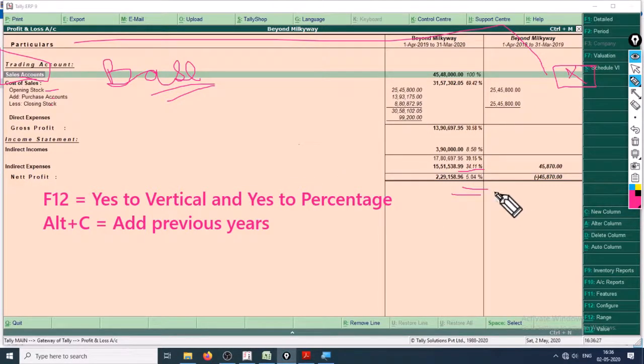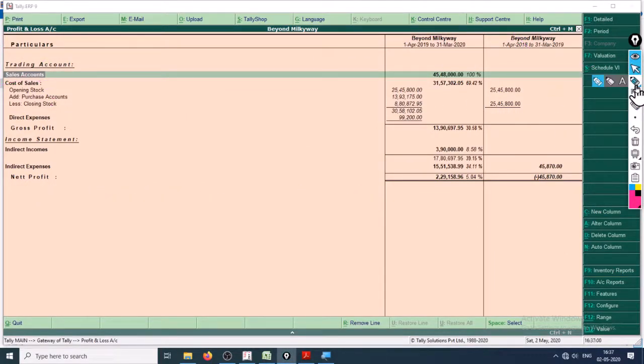And if its net profit is 5%, almost every company has decided their net profit figures. So if they want to maintain a balance of 5% every year, then it is okay. If not, suppose it's 8%, then they will look at and charge indirect expenses. That is, they will manipulate it, but that's not our point right here. So yeah, this is how you vertically analyze balance sheets and P&L in Tally.